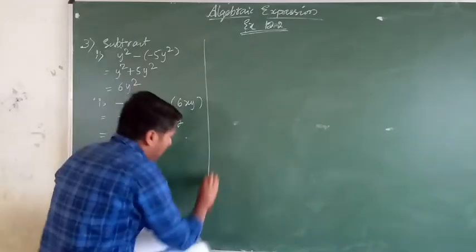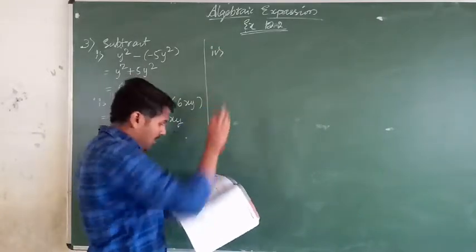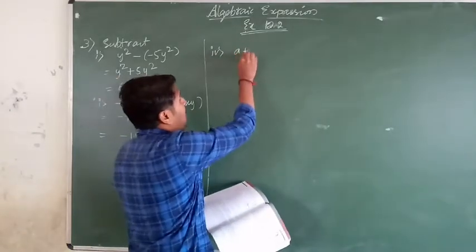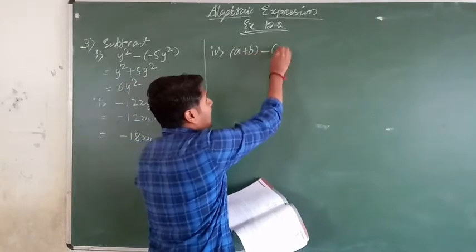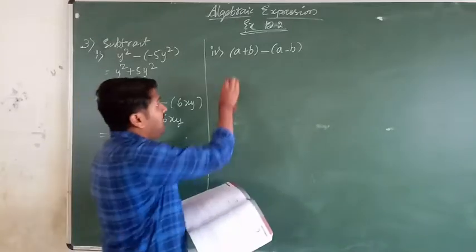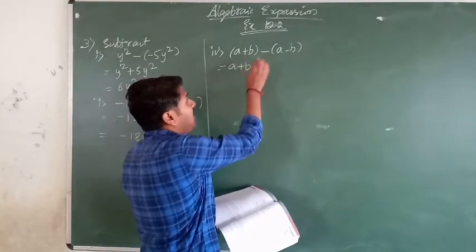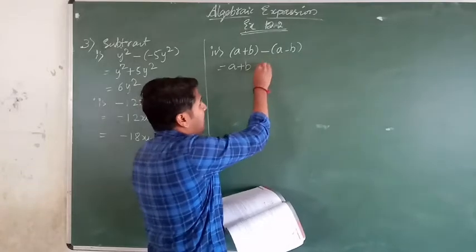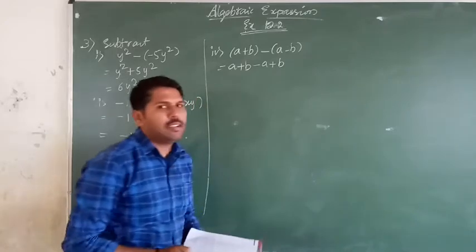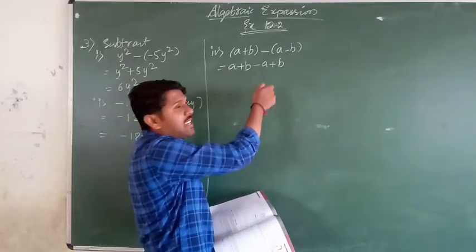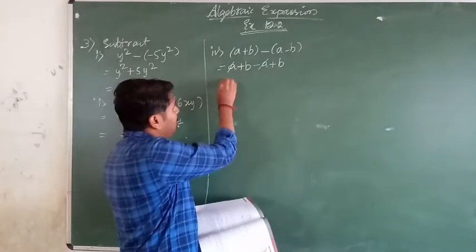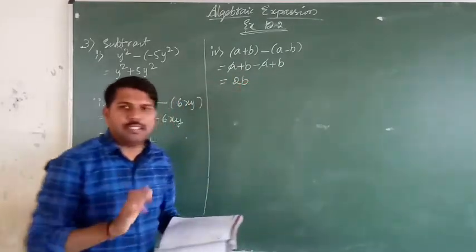Okay, next I will take the fourth one. A minus b from a plus b. From means the first term is a plus b, so minus a minus b. Write it in brackets. So a plus b as it is, minus into plus is minus a, minus into minus is plus b. Now a minus a gets cancelled, plus b plus b is 2b. That's it. Very easy.